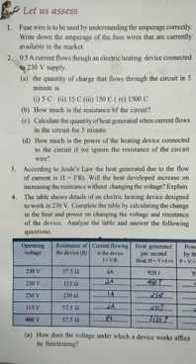So to find out the resistance, we can use Ohm's law. V is equal to IR, then R is equal to V by I. So by using the formula R equal to V by I, you can find out the answer. Substitute the value of V and I, that is 230 by 0.5. Okay, so you will get 460 ohm there.